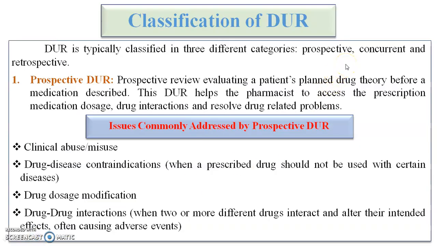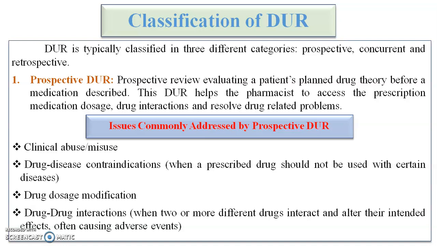The next is we classify adverse drug reaction. We classify DUR, that is drug utilization review or drug utilization evaluation, into three different categories. One is prospective DUR, another one is concurrent DUR, third one is retrospective DUR. Prospective DUR is one where